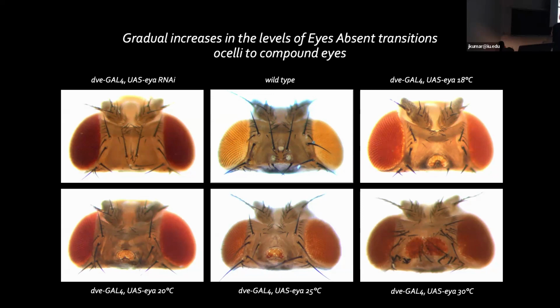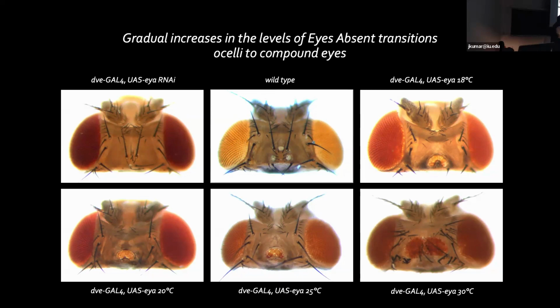So at 18 degrees, you begin to see multiple ocelli starting to form, and they make this little ring. You can see that they're sort of connected. By the time you get to 20 degrees, just 2 degrees higher, you can see that all congeals into one mass and it's beginning to look faceted.